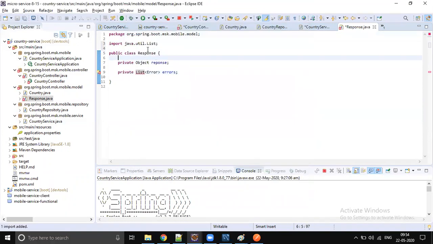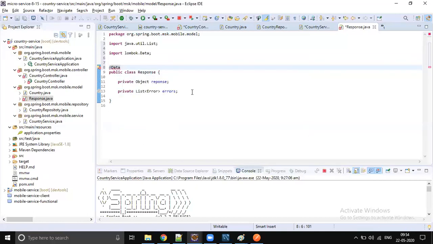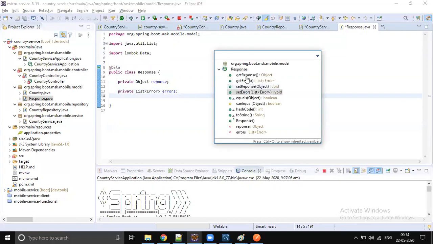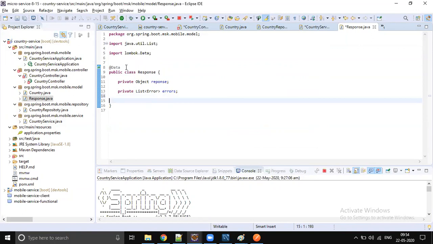What I will do is just use @Data, which has all the annotations. Getter, setter, toString, hashCode, equals, everything is generated by just one annotation. Instead of writing all that code, you just add one annotation, Lombok's @Data.